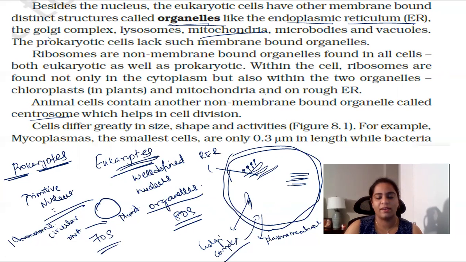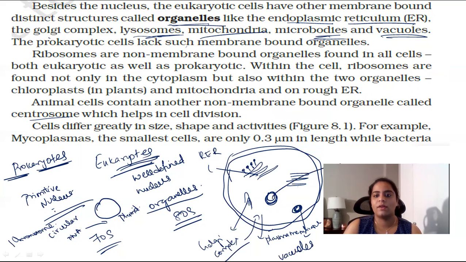Next, mitochondria. Mitochondria is important because it is called the powerhouse of the cell, which we'll study later. Then we have lysosomes. Lysosomes are also called suicidal cells, because they destroy themselves. Okay. Microbodies are small structures, and vacuoles are mainly for storage. Mitochondria is also called the powerhouse of the cell because this is where ATP is synthesized, which gives us energy